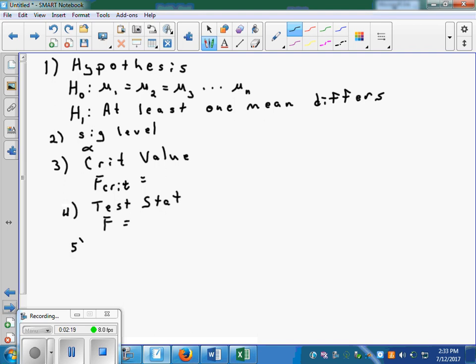Fifth is the p-value. P equals. Sixth is reject or do not reject